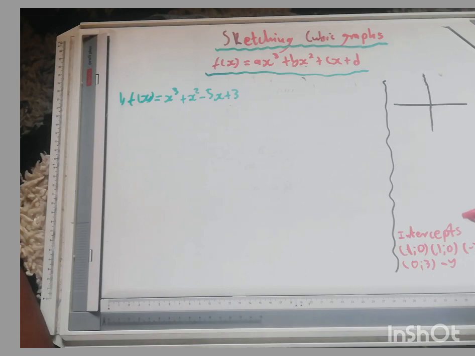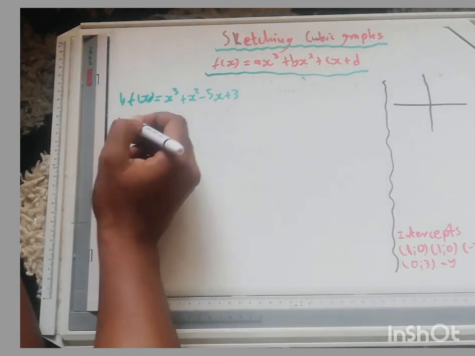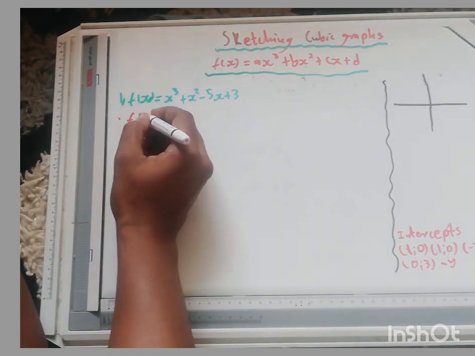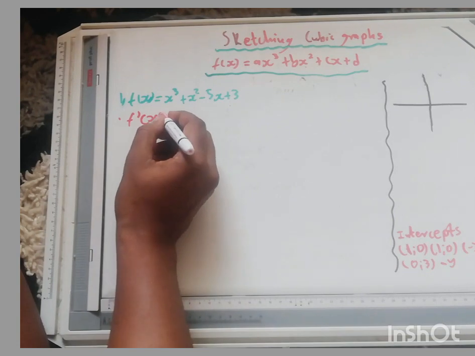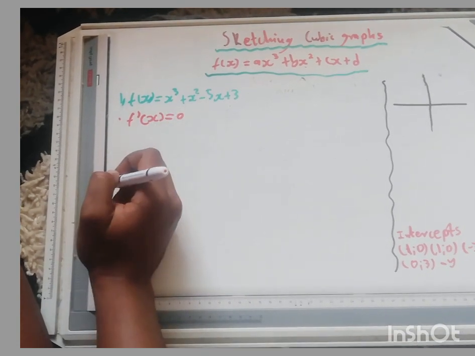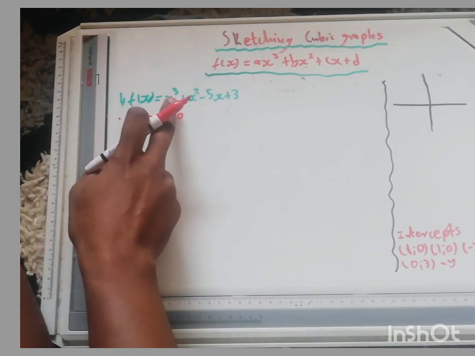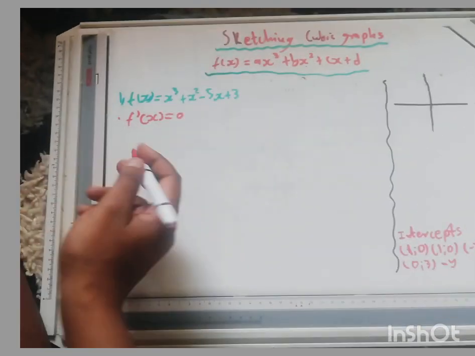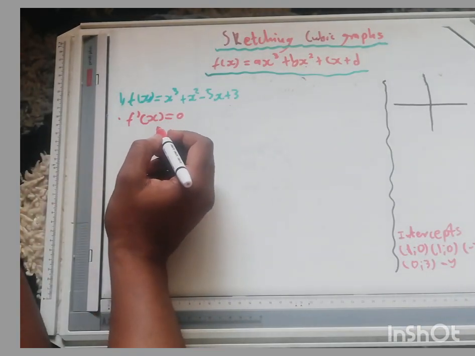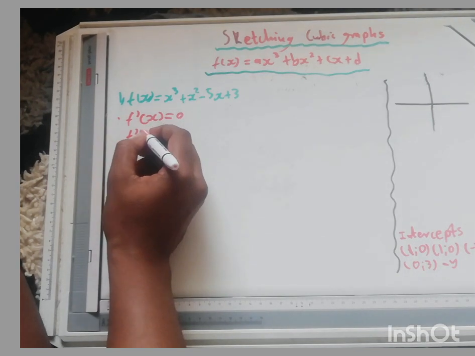And then after we found our intercepts, I wrote them here. So now we are finding the turning point. And then remember, how do you find the turning point? You find the first derivative, you equate it to 0, and then you factorize. So if I were to differentiate this using the rules of differentiation, it means that my f prime of x will be